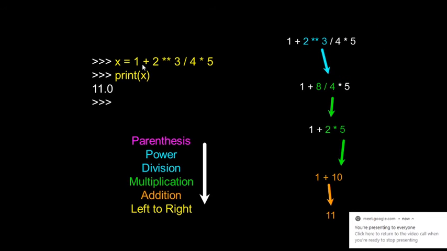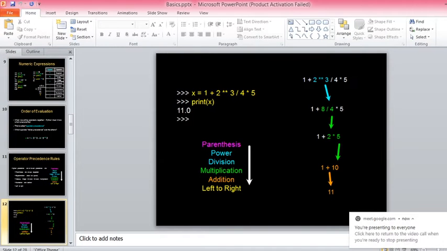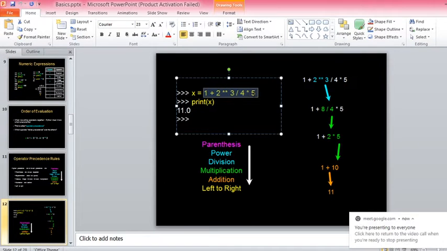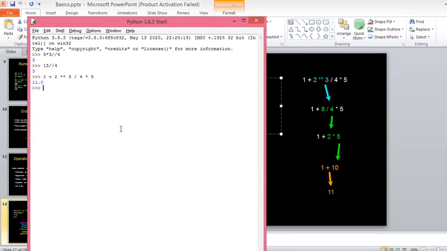This we did. I'll just take a copy of this one and put it in this interpreter shell. So now if I execute this one, we got 11, right?